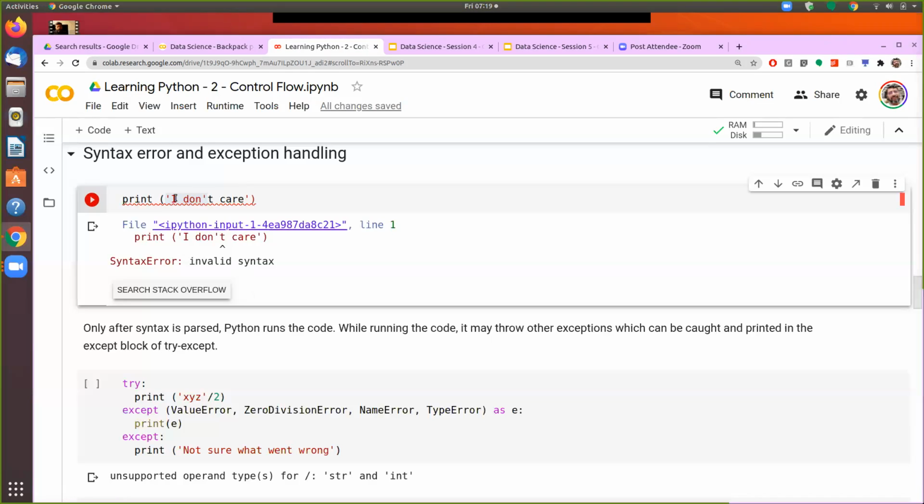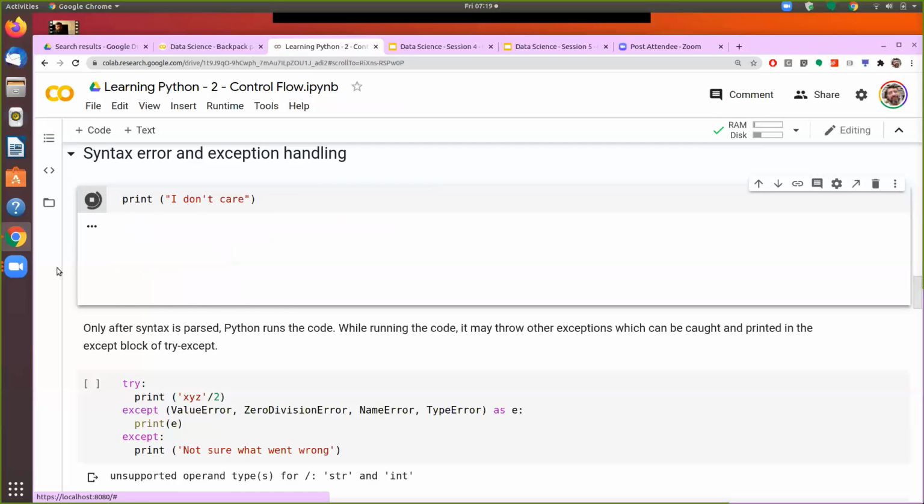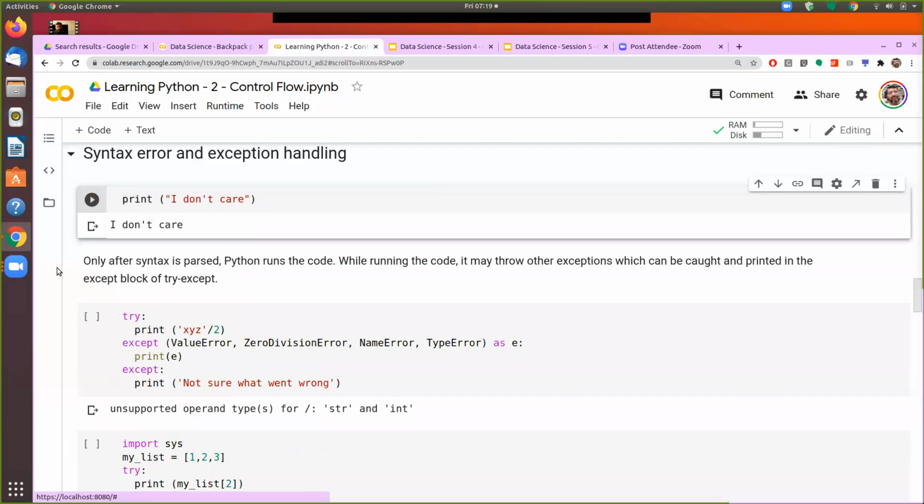Okay. And as we go to the string operation, we'll see how to handle this problem with the single quote, double quote. So if I still want to print with a single quote, one of the simple ways is that I put that in the double quote. So now the start is a double quote, so now Python will look for a double quote to determine where this string ends. It will not care about the single quote. And if I run this, it gives me the print. So that's one of the simple ways. We will see the other ways to handle some of these issues.